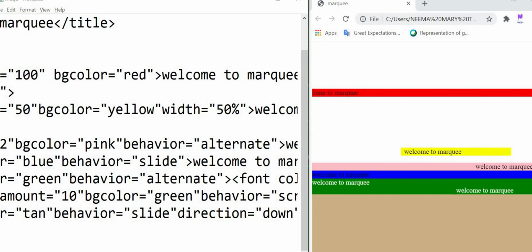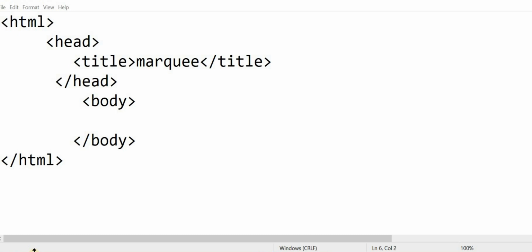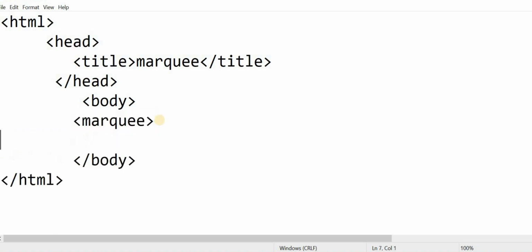I hope all of you understood. We can also apply marquee to images or pictures. So for that, let's first type the marquee tag here, starting marquee, then closing marquee, closing slash.